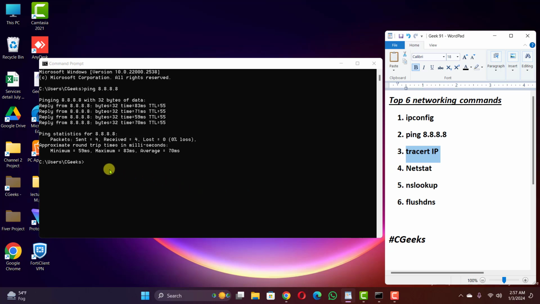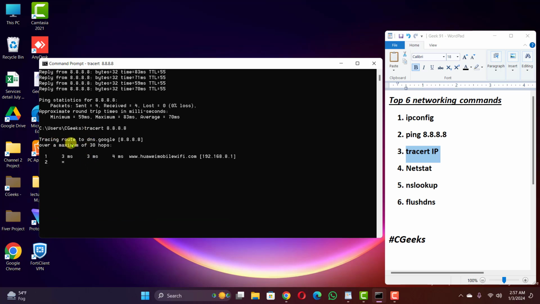Then tracert IP. You can trace the route of any IP, server or networks or gateways. So we will trace the route of the same Google server. So this is a tracing route for DNS Google. The first route from your network,